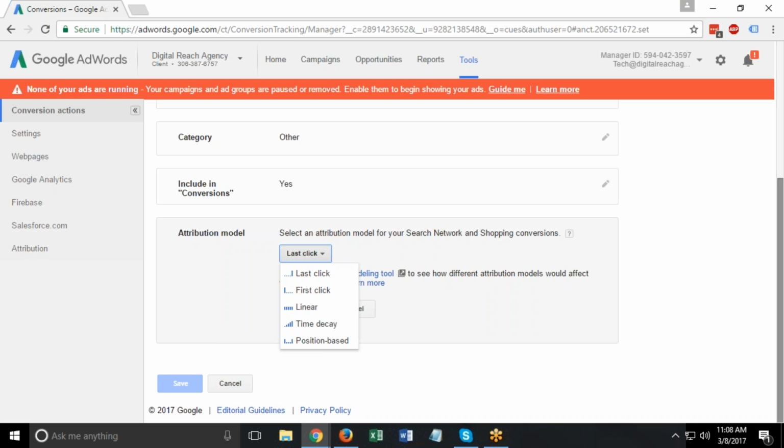First click is the inverse of that. It'll track users based off of whatever the first thing was that they found you through. The reason first click is used a lot is because in theory, if someone found us through a paid ad, so if someone looked up basketball shoes and they found Amazon through that, we can